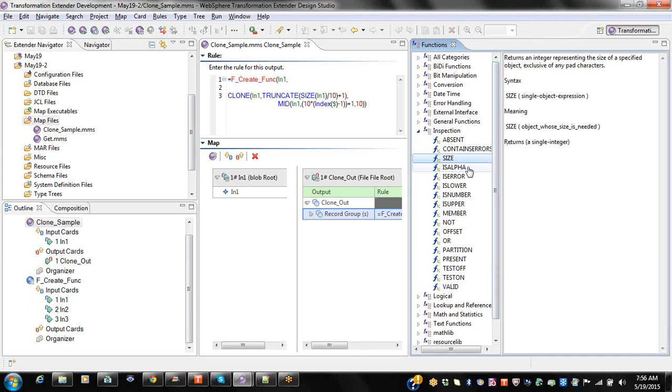Then is alpha. Is alpha will check if we give some item, whether only alphabetical characters are there. If it is having any special character or numbers, it will return false. If it is having only alphabet, then